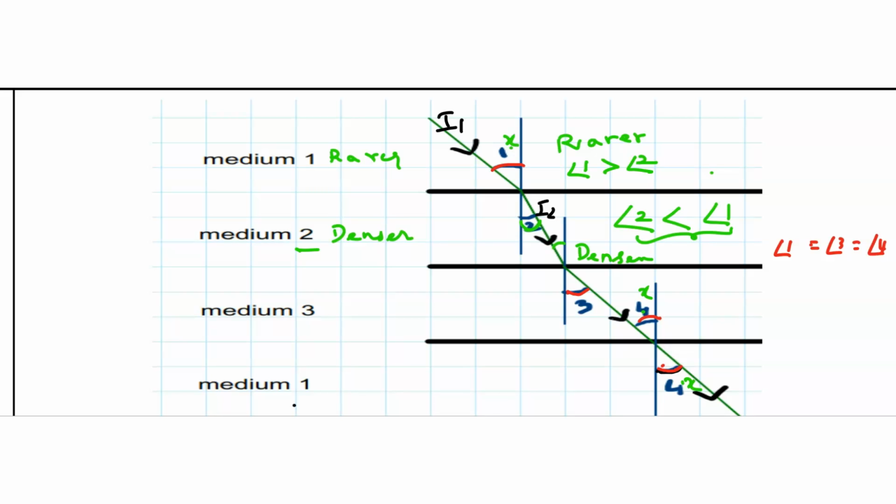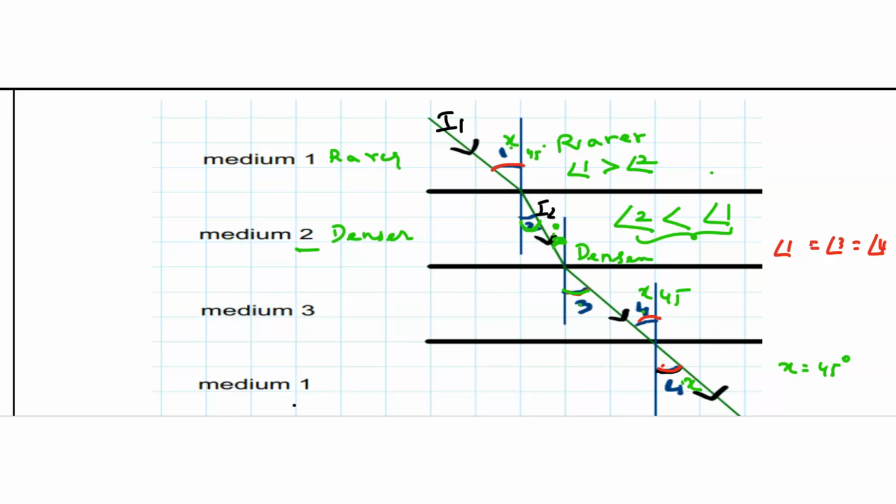Let's have a rough idea. If we say x to be 45 degrees, then this will also be 45 degrees. And this angle will be less than 45 degrees. So what will be this angle? This angle will also be less than 45 degrees. So in that case, this angle is less than 45 degrees, which means this angle is greater than this. This angle is smaller than this angle.